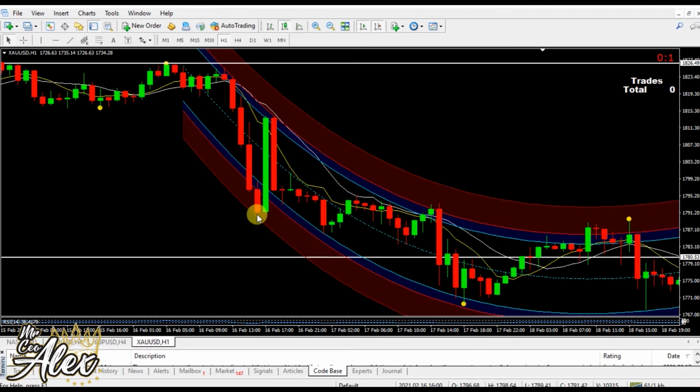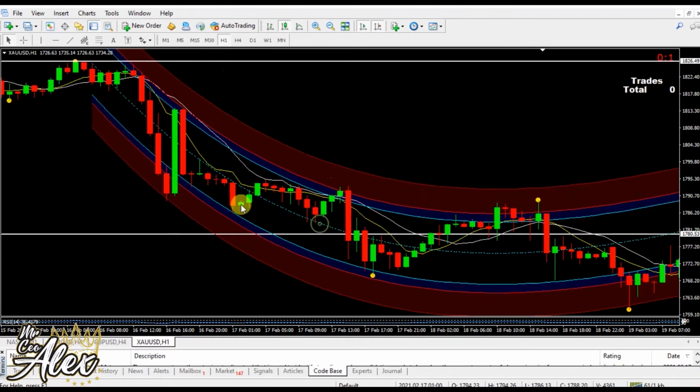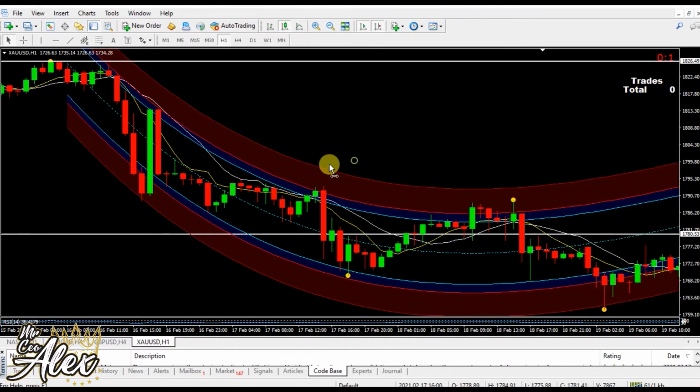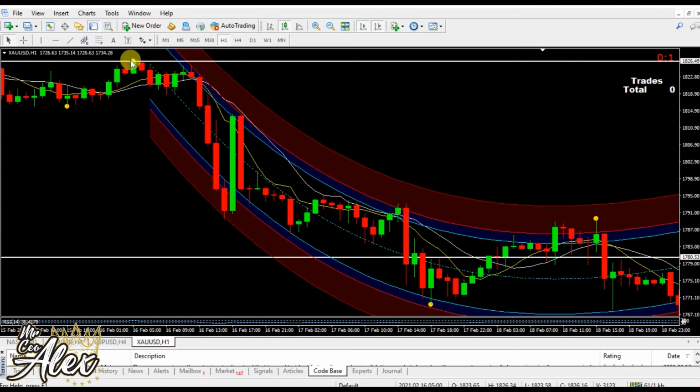Now, even though it didn't create a buy signal like here, once it is in the red area, you can go ahead and add a buy signal. As you can see, price went into a buy and then went into overbought, and then price started to sell again. So if you had held the sell signal right here and price came all the way down and then came back up,